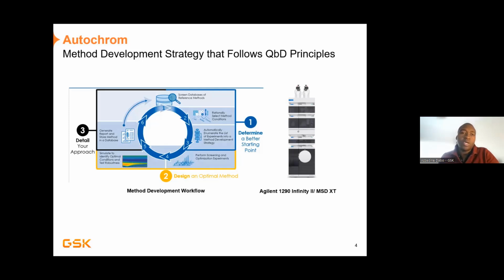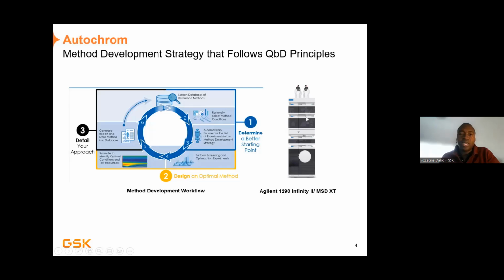What's quite nice and neat about this process is that you can create a report which gives you a summary of the whole workflow from start to finish. To achieve this at GSK, we use an LCMS,